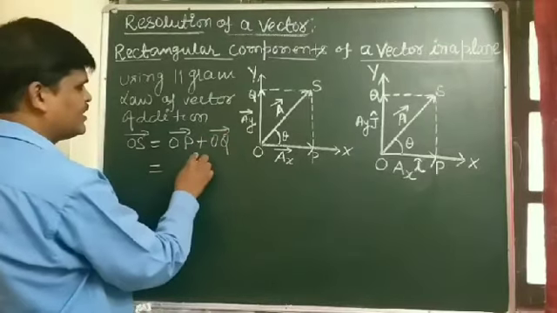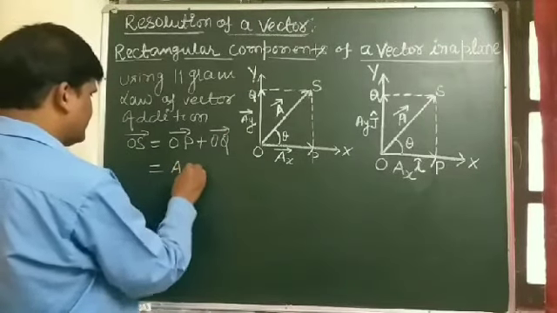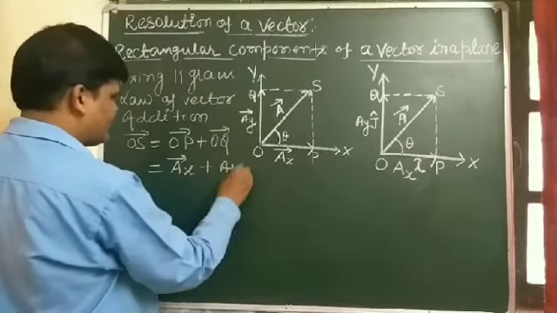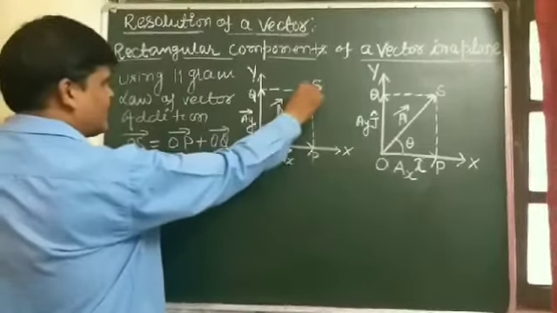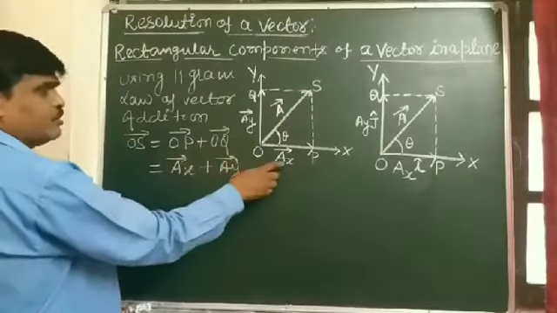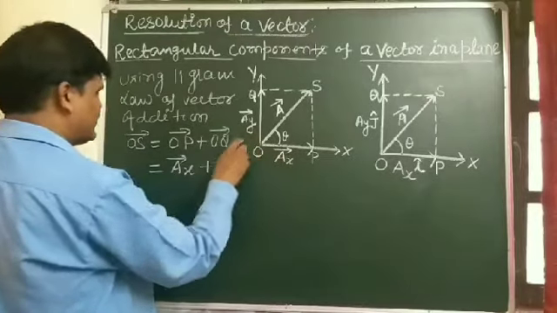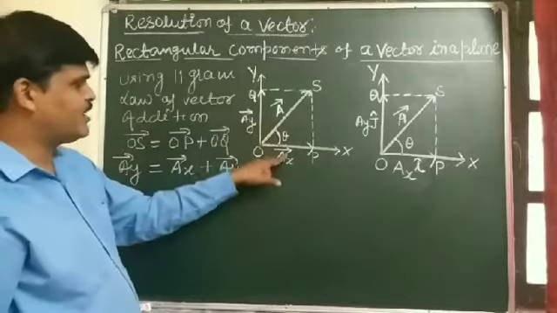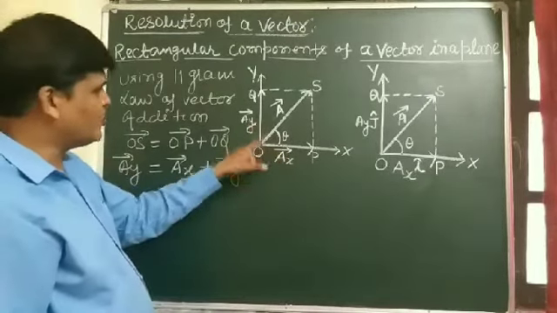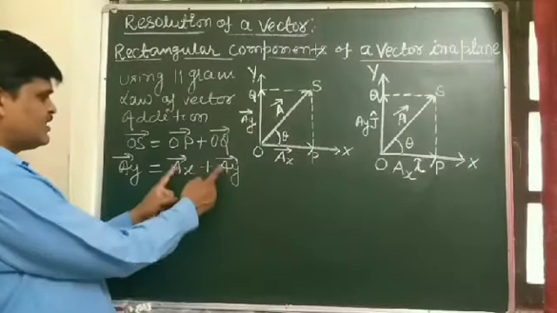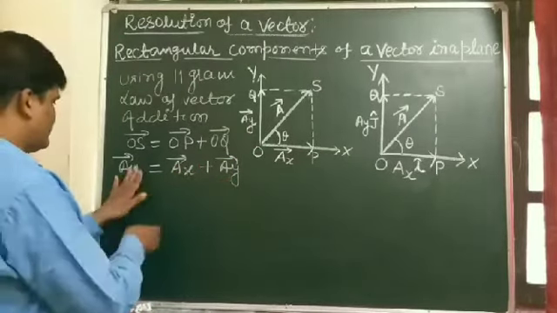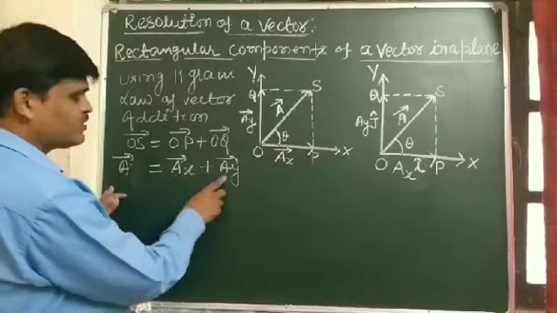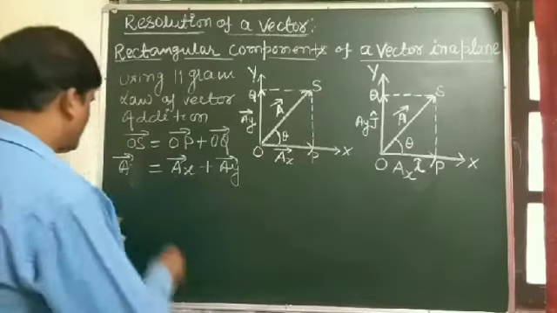And student, OP vector is Ax vector, and OQ is Ay vector, and OS vector is vector A, which is split into the Ax vector and Ay vector. So student, the process of splitting a vector into two or more vectors such that their combined effect is the same as the given vector A. So vector A equals vector Ax plus vector Ay, where